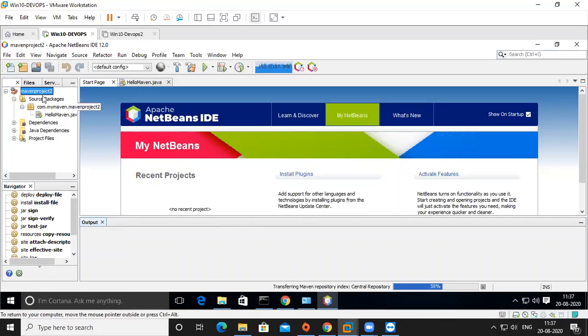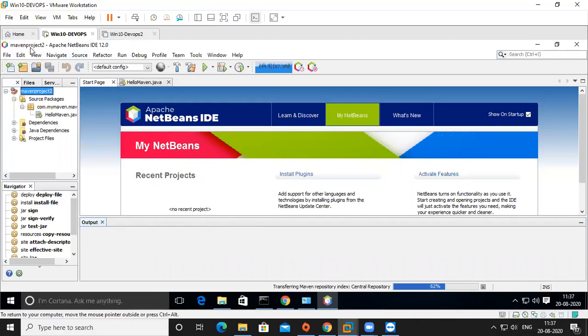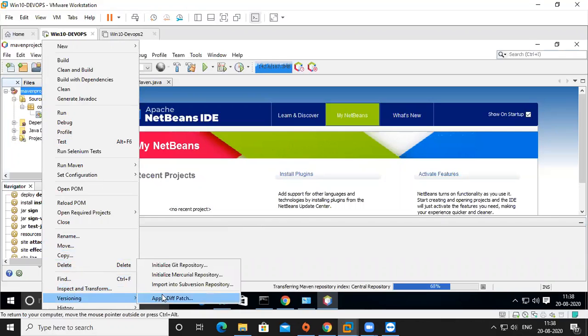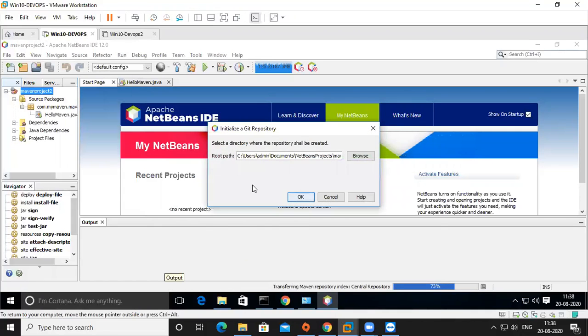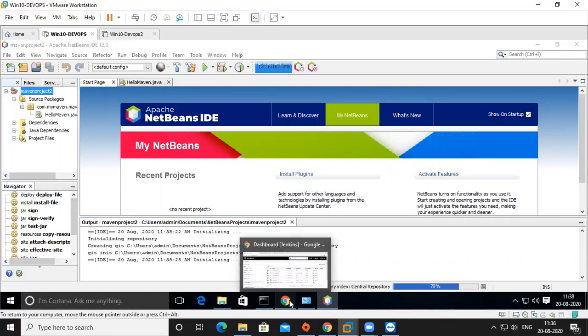The same thing I'm doing here, from NetBeans. I installed NetBeans, and it is quite a bit easier compared to the other one. So initialize a Git repository, or Mercurial or Subversion. Here I'm going to initialize Git, for Maven project 2.